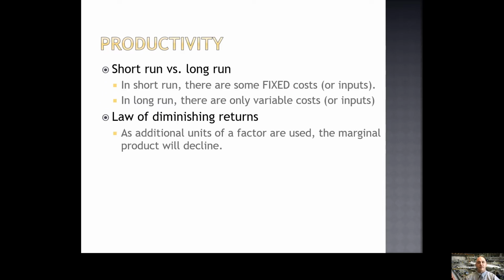Another factor that businesses will concern themselves with has to do with a perspective of time. In particular, in the short run, there are some fixed inputs. For example, you might be limited in terms of the number of machines that a company has. So in the short run, they're stuck with the one factory machine and that's it. But in the long run, everything becomes variable. If they need another conveyor belt, they could add another conveyor belt in the long run. Not necessarily something that they could add this afternoon.